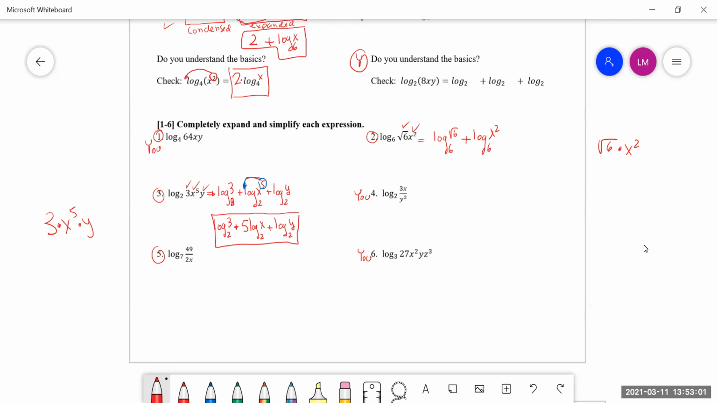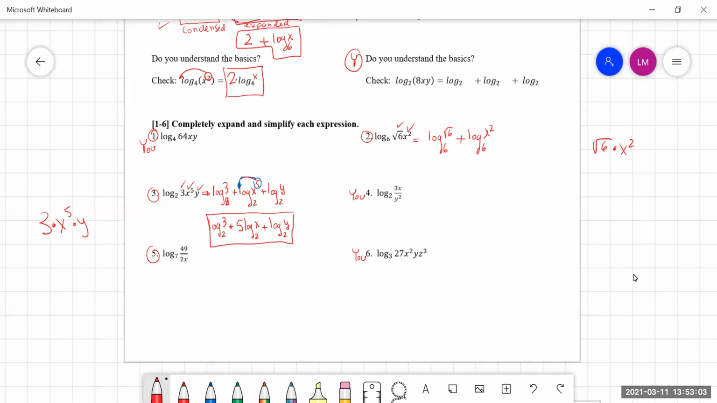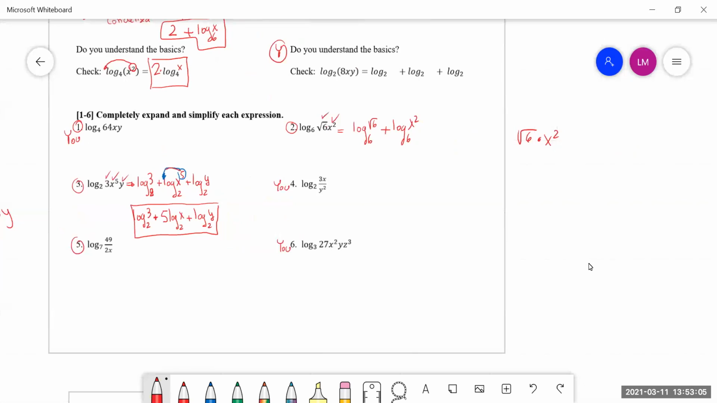Now, you can rewrite it if you don't see it. You can rewrite that square root of 6 as 6 to the 1/2. Okay, so that's the same exact thing. The square root is the same as the 1/2 power. So I can rewrite this as log base 6 of 6 to the 1/2 power plus log base 6 of